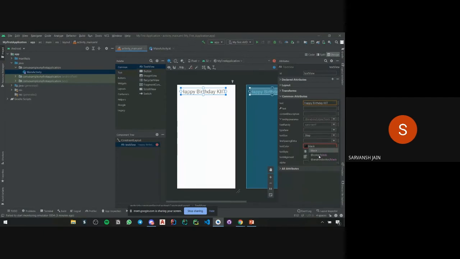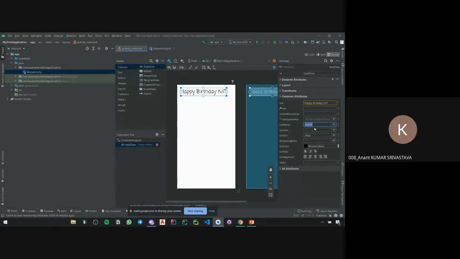So it pops up color black. I'll choose this one. It's done. Then I can even italicize it, bold it, choose capitalize and all those things. Then I can even choose some other form. Let's say I choose casual. So we can change the font, style, font family. We can change text size. We can give it color. We can bold and all those other things. So we can play with the appearance of the text quite vastly.